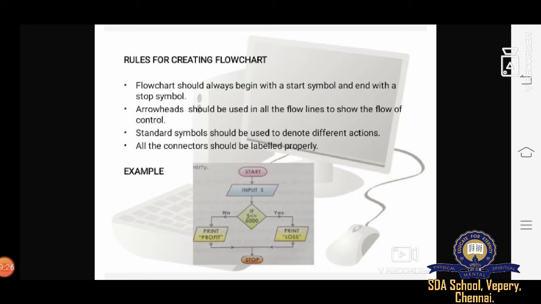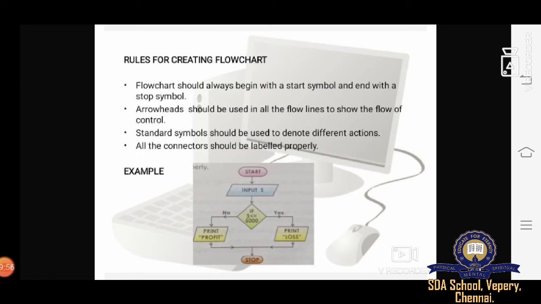And this is the example of the diagram, students. You can see the example of the diagram here. Okay, start is there, and at last stop is there. Whatever program you have written, that program you have to put in the form of a flowchart diagram. Okay, so you need to do program plus flowchart.